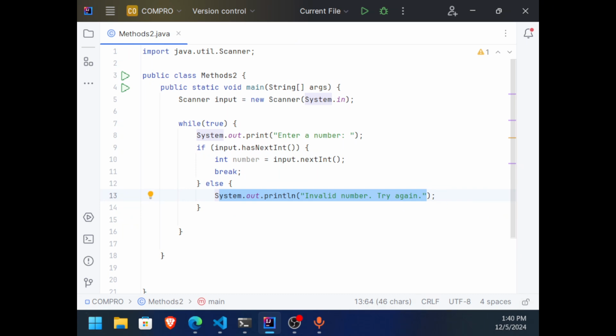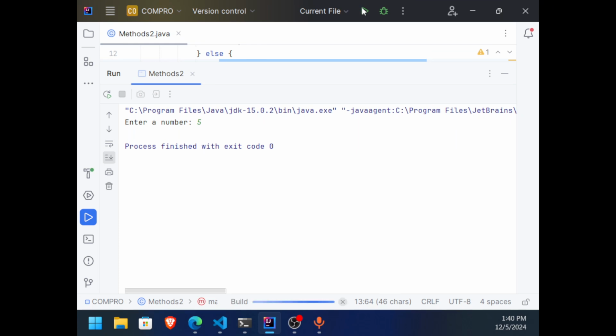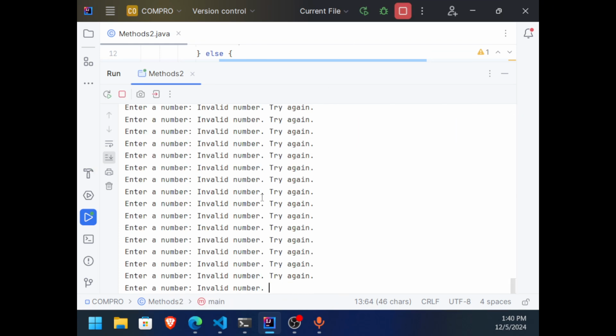It will display invalid number, try again. Chances are this is going to become a non-ending loop. Let's try this out. If I enter a valid number, it will work. But if I enter an invalid number, it will become an endless loop.